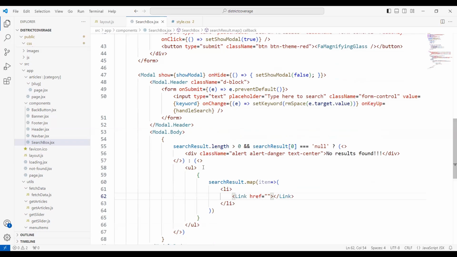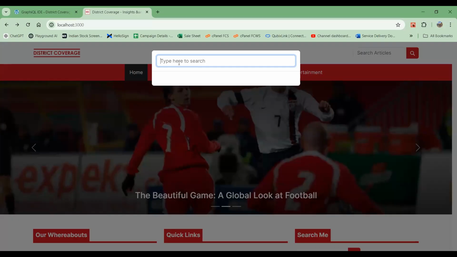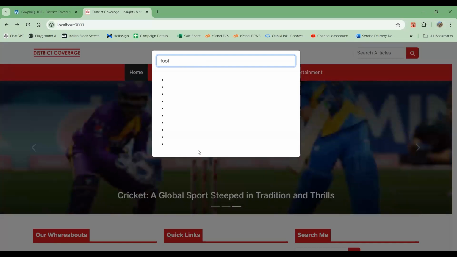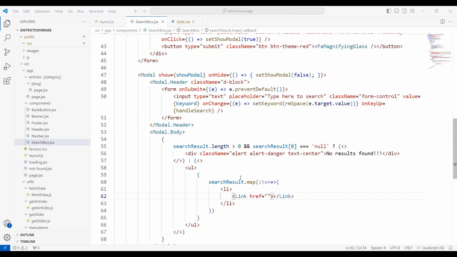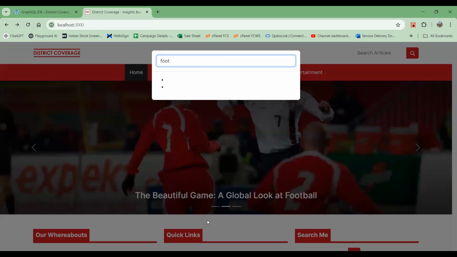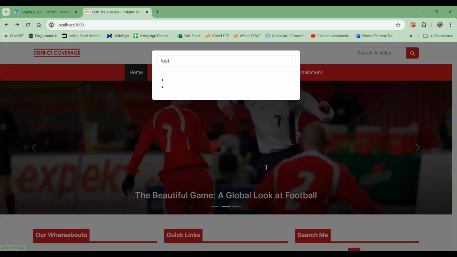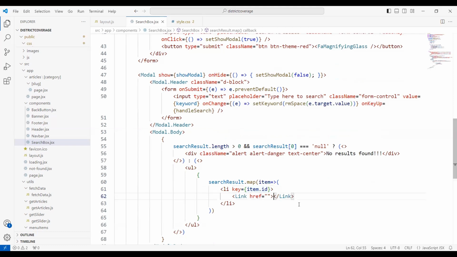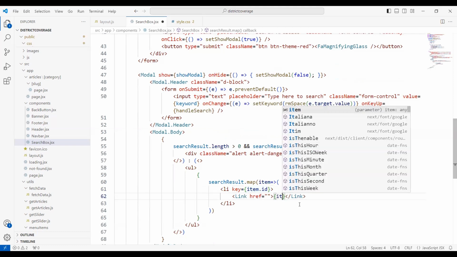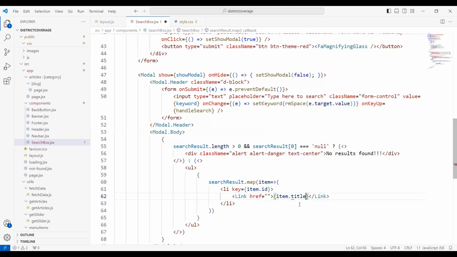So we do not have any data yet, but if we look for foot, then we are getting this much of results. So let's put a key, that would be item dot id, and item dot id, and here it would be item dot title,